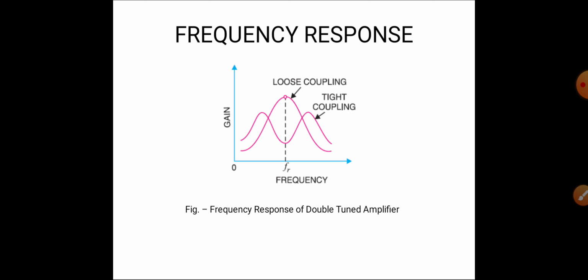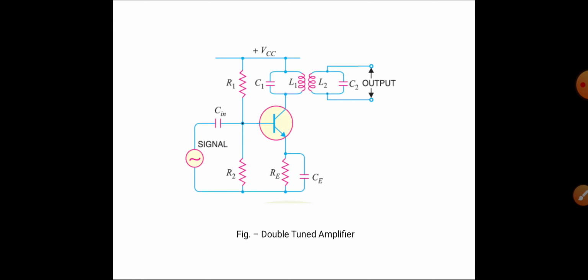Here we have a different arrangement for the frequency response, because we are using two tuned circuits with mutual inductance. So there is coupling between two tuned circuits because they are not directly connected. As we can see, the first tuned circuit is directly connected to the collector load, but the second tuned circuit is not directly connected. You can see in the circuit diagram here the L1 and L2, these two inductors are not directly connected. These are coupled with each other through mutual inductance.